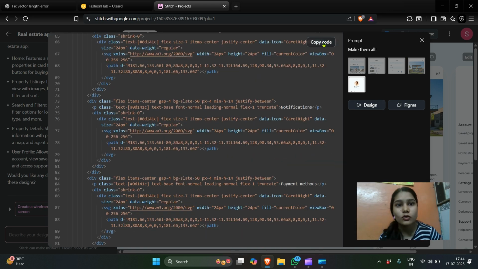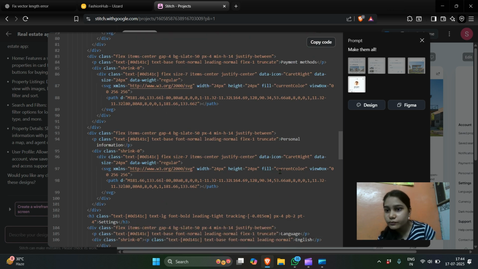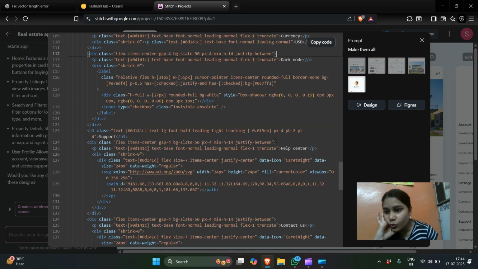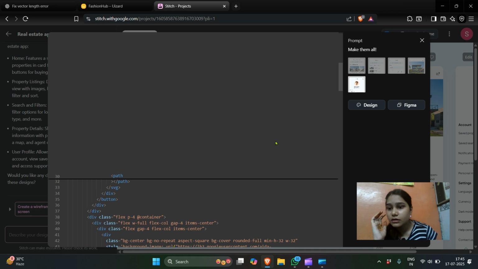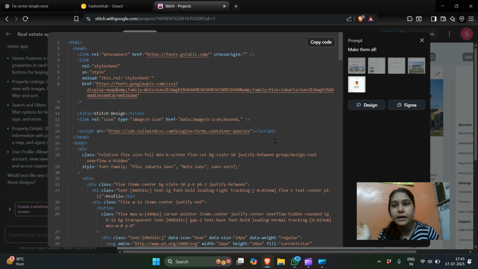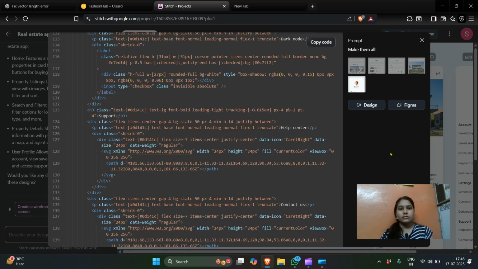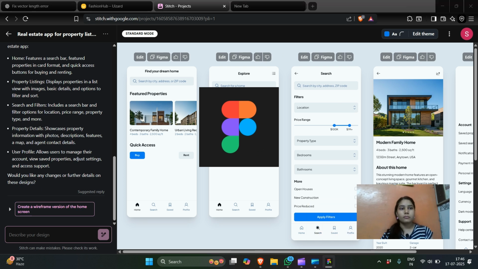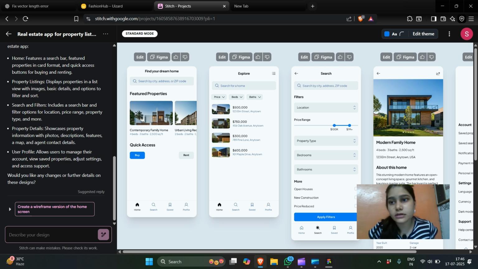Nice. और इसका कोड भी मिल सकता है. Okay, you can copy the code. Simply copy the code. It's not pure HTML, CSS; it's using Tailwind CSS. HTML and Tailwind CSS code to create this interface. It's very impressive. It's better than the first AI tool. Like a ChatGPT kind of workplace where you just give the prompt, copy the design and the code, and then open your Figma and paste it there. When you paste it, you can edit it very easily.